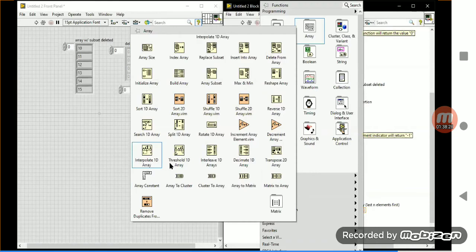Okay, no need of the interpolate threshold function and all. You have to tell me whether I should cover the initialize array and build array functions, or whether you will practice them on your own. So you are going to tell me based on your input whether I go for the initialize array and build array functions, because that one function is left out over there.